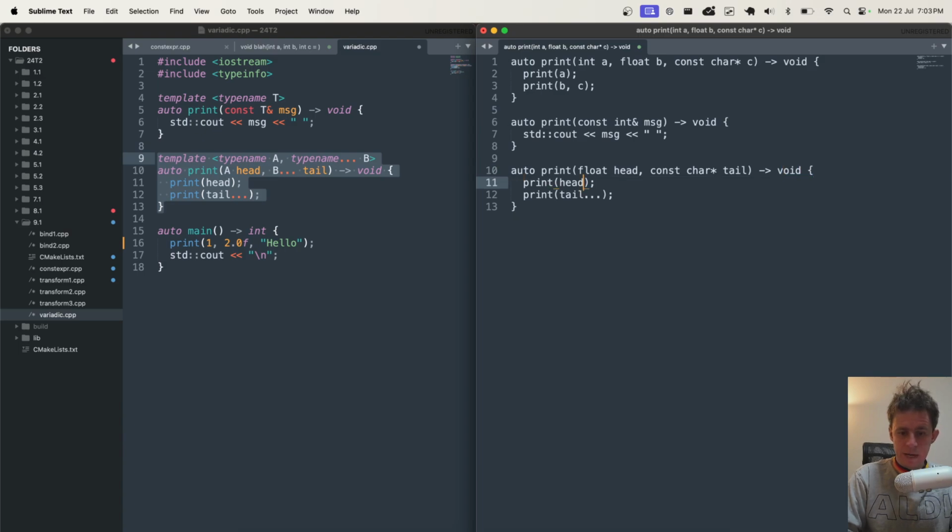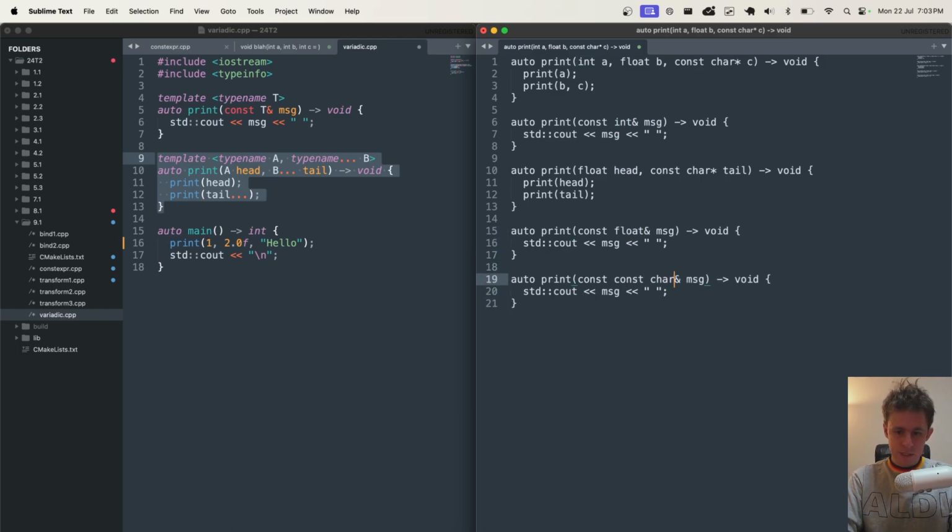And then it says, yep, now we're going to print head and we're going to print tail. Print head in this case. In fact, I think tail would just be like that. Yeah, and then print head and print tail, well, it's just going to go and get that base print function there and do it for float and do it for const char star.